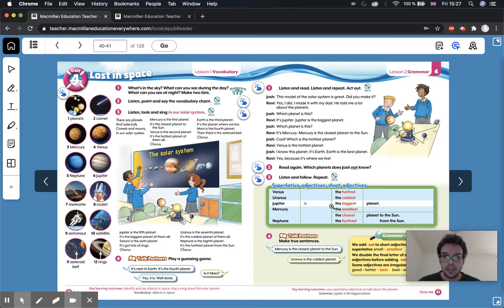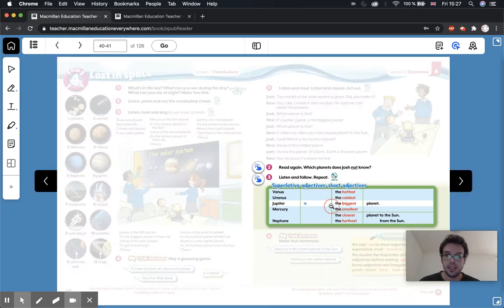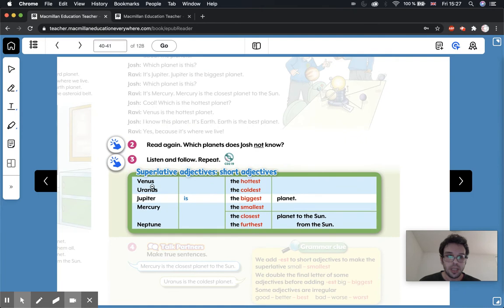if we look underneath, okay, we have some more examples, okay? So similar to what we've copied in our book, okay? Aquí es como podemos hacer unas frases, okay? Con superlativos. Aquí tenemos las planetas, la palabra is, y tenemos los superlativos diferentes, okay? So, we can make phrases, podemos hacer frases. Por ejemplo,